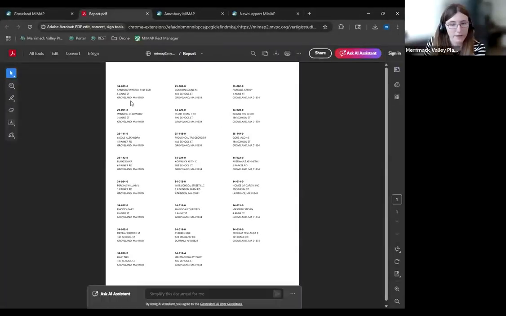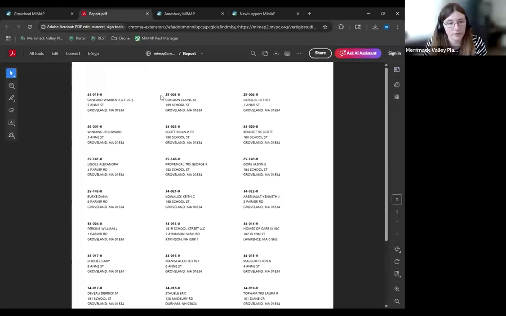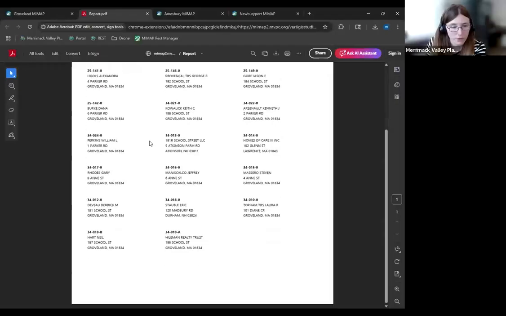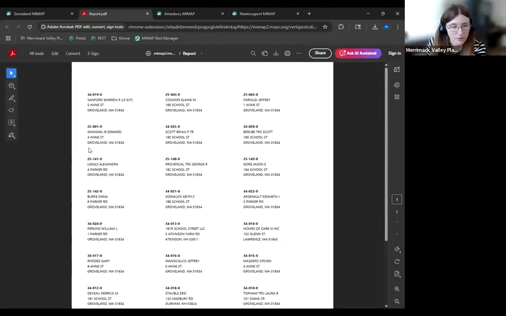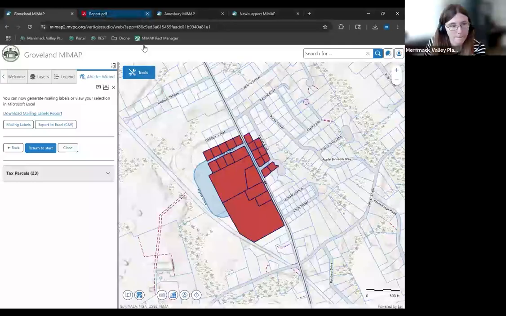The format of this is the same as it was before, but essentially this is the parcel ID. This is the name of the owner. This is the owner's address and then the owner's city, state, and zip code. If there's more than one owner, you'll see the two names, like owner 1 and then owner 2, and then the address on the line. But I don't think any of these have that, so I can't really demonstrate it, but it'll include the first two owners. And the CSV is just the spreadsheet version of that. Does that answer your question, hopefully?